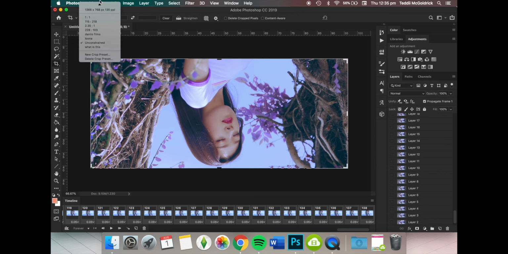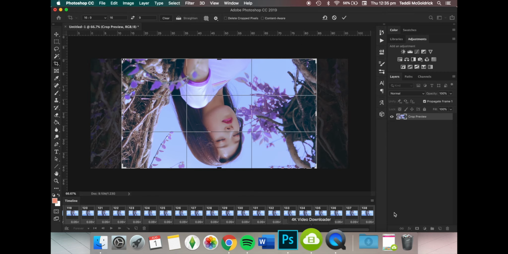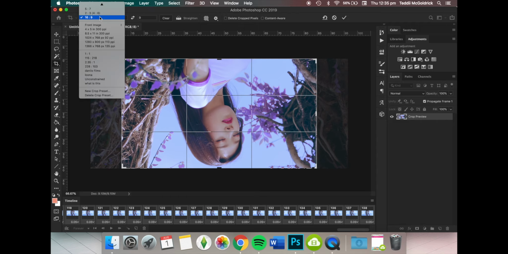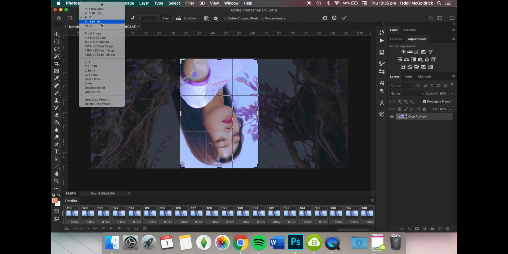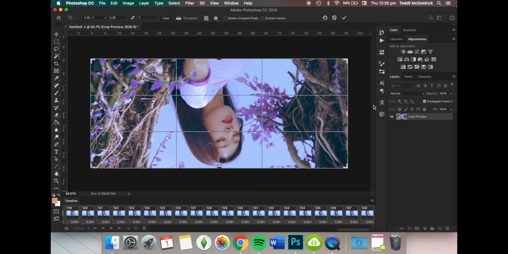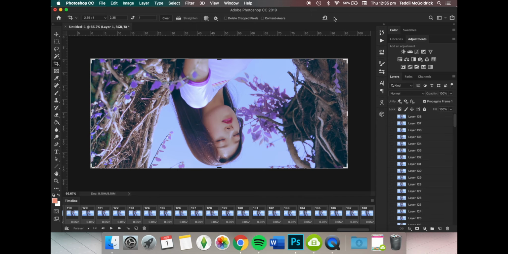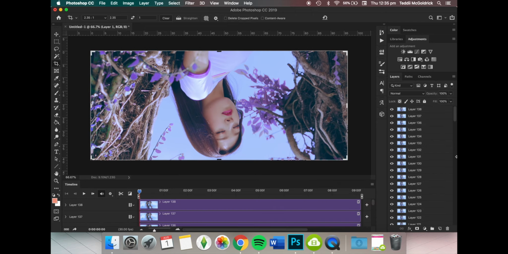So I usually either crop to 16:9, which is the ratio we all know when it comes to TV shows. I also like to crop to 4:5 or 5:7, that's for smaller GIFs, but also 2.35:1, which is a cinematic ratio, but for this it's already in that, so I don't need to crop it. So when it's cropped the way I want, I just go down here, which is the convert to timeline, and